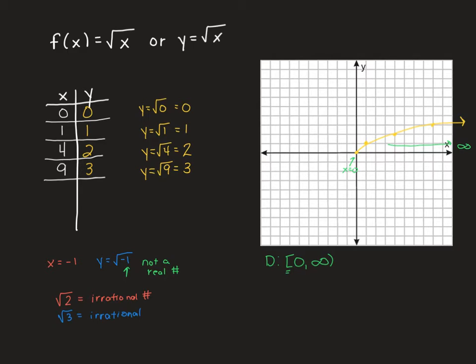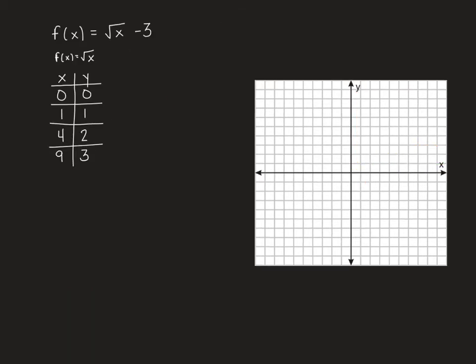And then if we look at the y values, again, our lowest y value is 0, and then all of our y values are slowly heading up toward infinity. So the range of this function is also 0 to infinity, and again, we use a bracket because 0 is included. So now we're going to take the square root function and we're going to apply the same transformations that